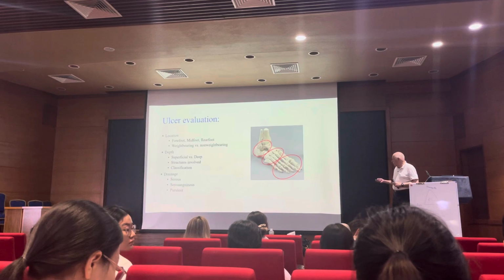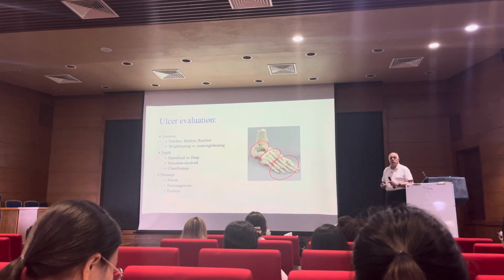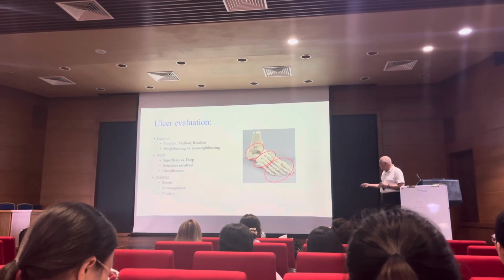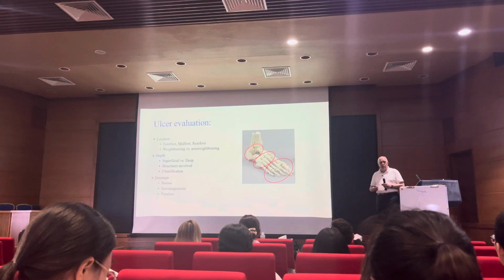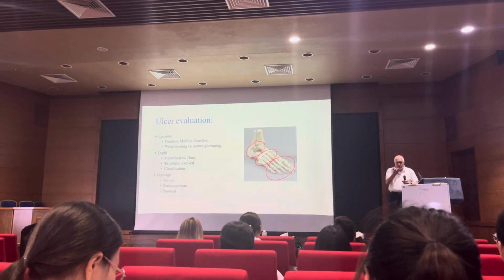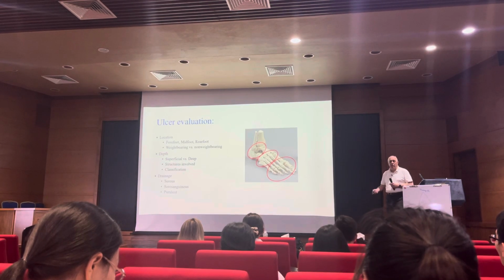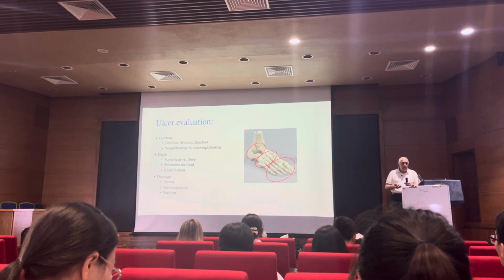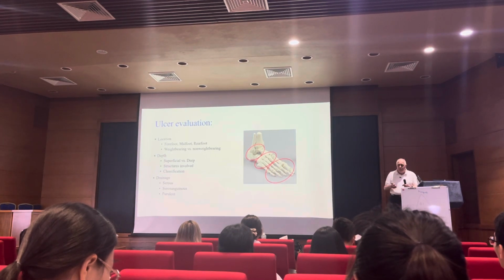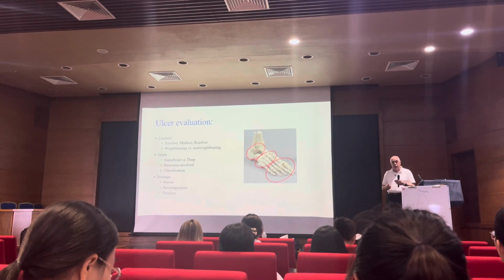And then you also want to know what kind of drainage is coming from that ulceration. If it's just clear, serous type of drainage, that means it's probably not very deep. It's just on the surface of the skin, and it's not infected. But if you see pus coming out of it, then you know you have an infection, and you have to treat it, whether it requires surgery to drain the infection or certainly antibiotics. That will give you a clue of how to treat these.